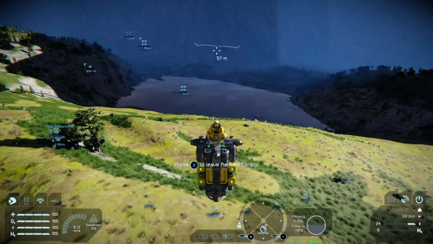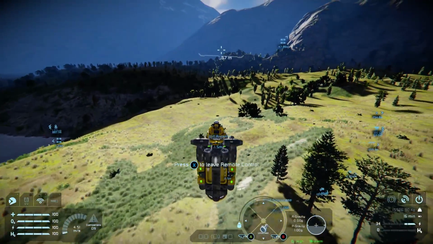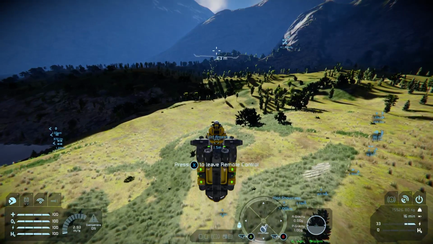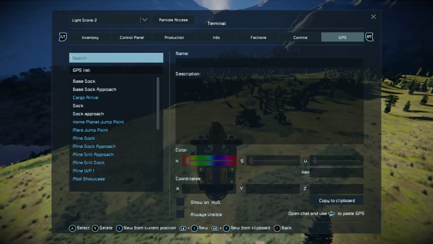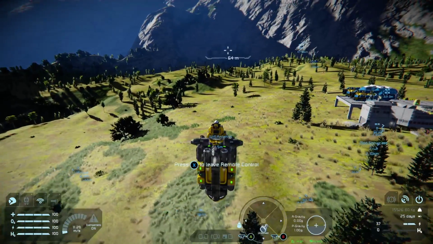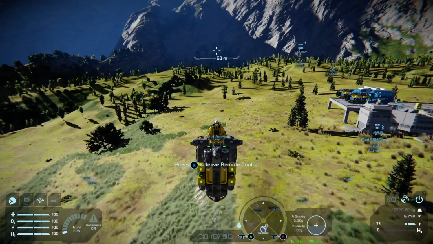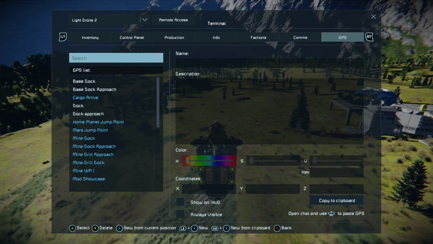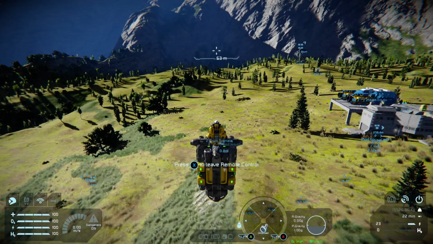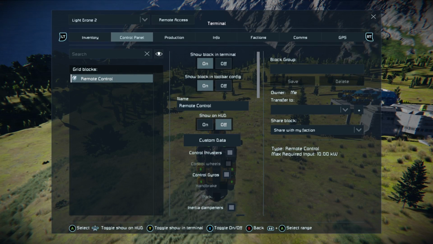GPS, new from current position, and we're going to move over here. Go GPS, new from current position, and finally over here. GPS, new from current position. Now we have 5, 6, 7 and 8. We can rename those if we want, but for now we'll just use them as part of the remote control.